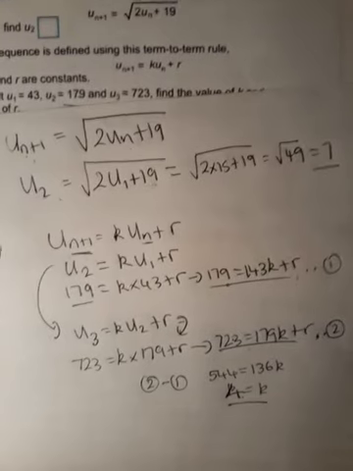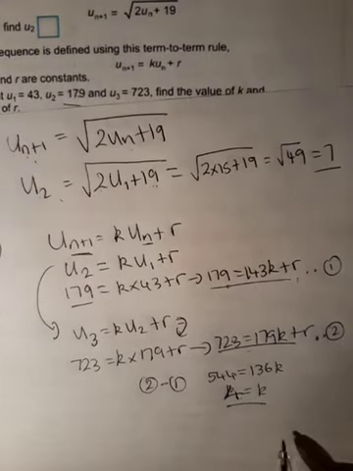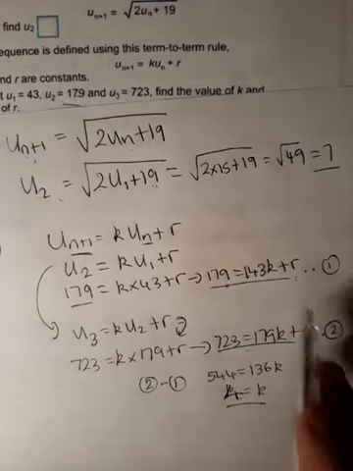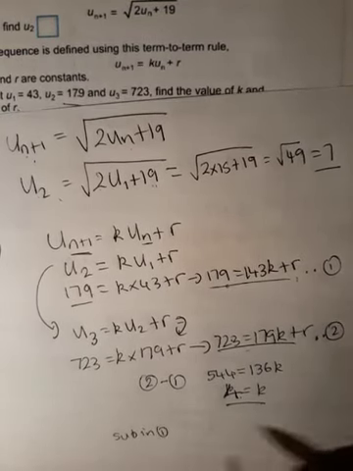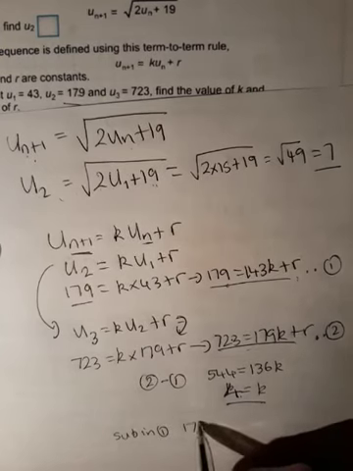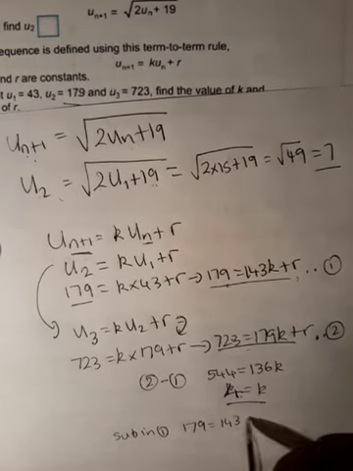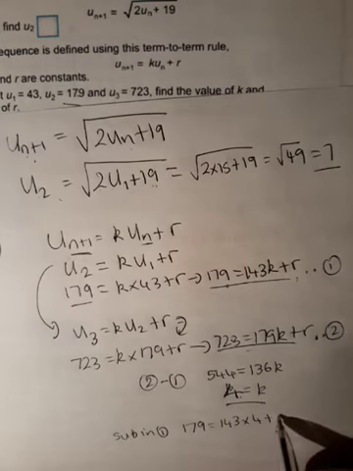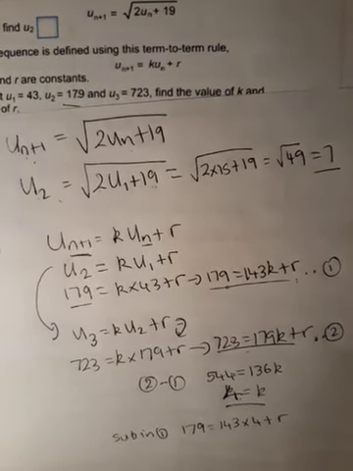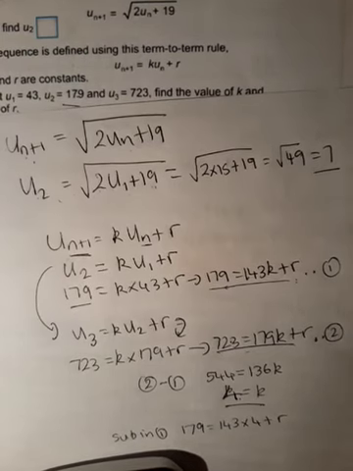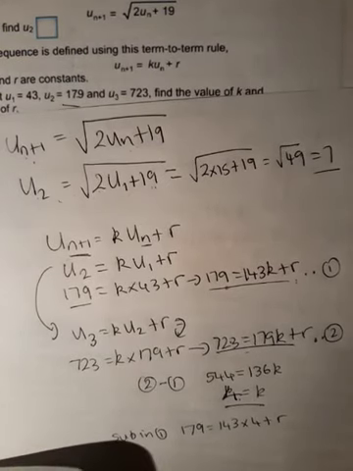And with all simultaneous equations, to find the other unknown, we substitute back into one of the equations. So I'm going to substitute back into number 1. So sub in 1, I'm going to get 179 equals 43 times 4 plus r. And so that's 43 times 4 gives me